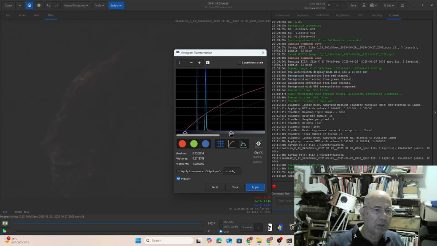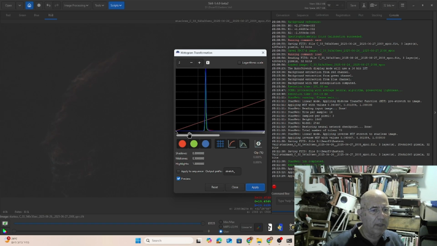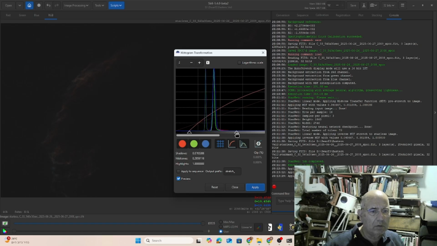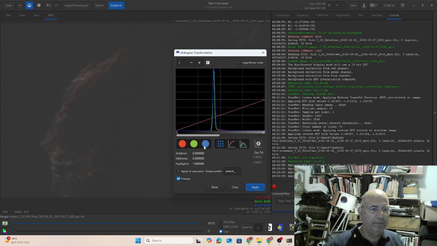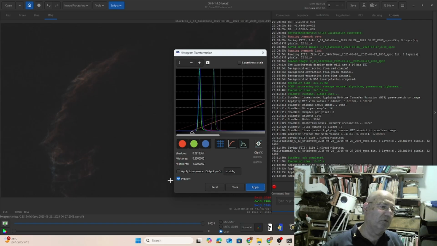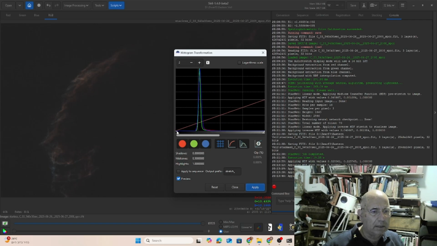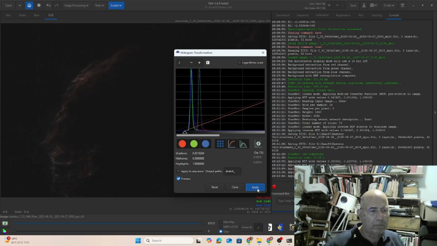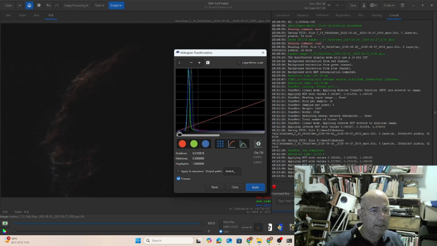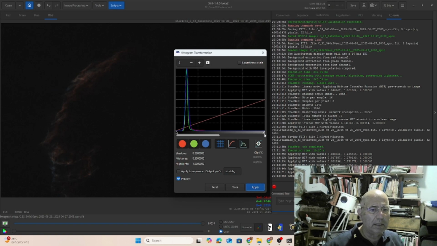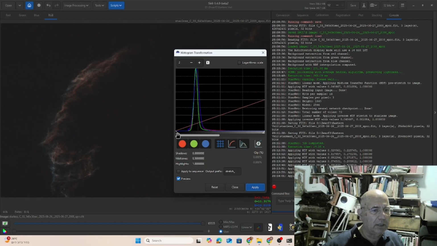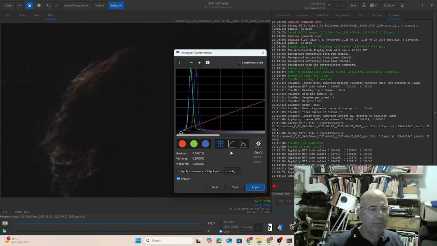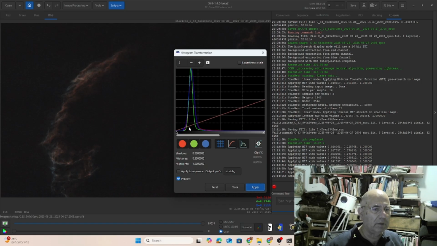I think it's too much, and apply, and again to the beginning here, to the beginning here, and apply to the beginning here. I want the background to be black, so I will apply here, and applying, and again to bring it back here, and again to make it a bit brighter. And I'm taking care not to make it too bright, and to keep it black, and to keep that